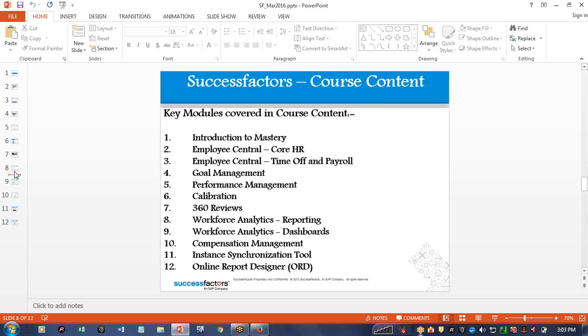First, introduction to master. The objective of this module is to make you familiarize with the SuccessFactors system, like what is provisioning, what is instance, and what type of configurations we are going to do. This is a mandatory module to be learned for every beginner who wants to do this kind of SF